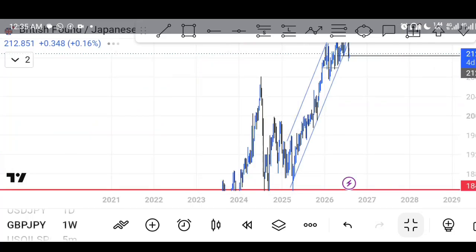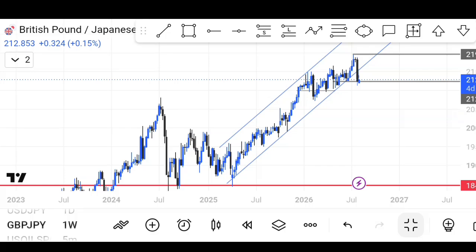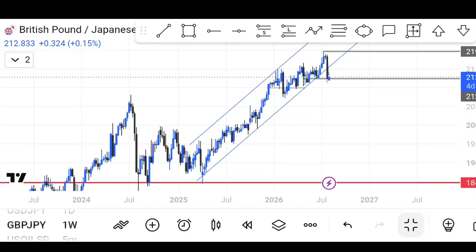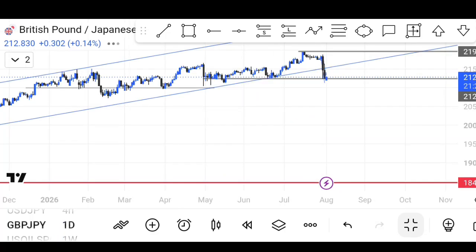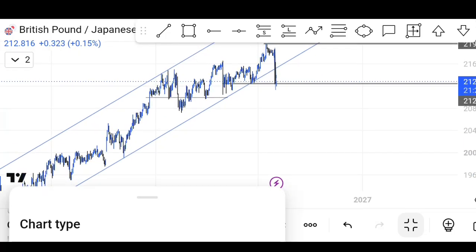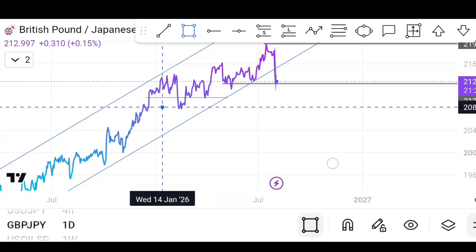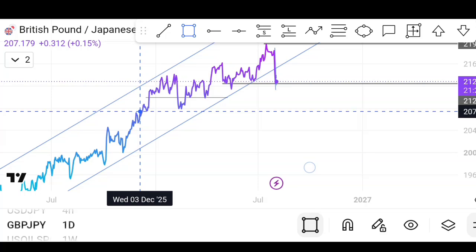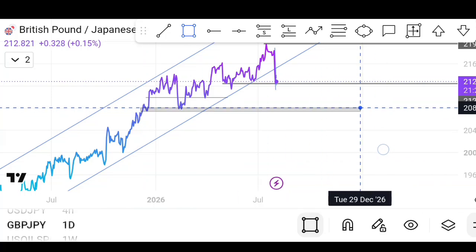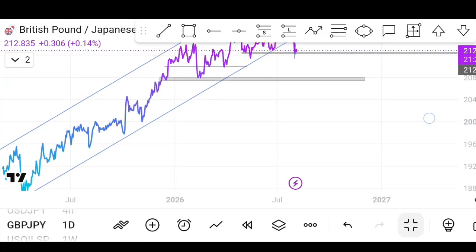We're going to go to the higher time frame. You can see that it has been trending upwards week upon week upon week, but right now what they are trying to do is make the Japanese yen gain more value, and if that does, it is going to increase in value opposing the United States dollar. And if that happens, guess what? We are going to see a downward move of the GBPJPY, because the Japanese yen is going to gain some value. So basically, we are going to see a downward move,